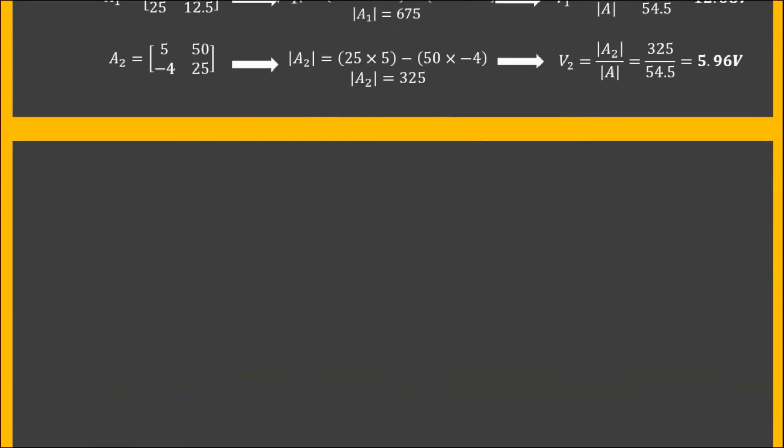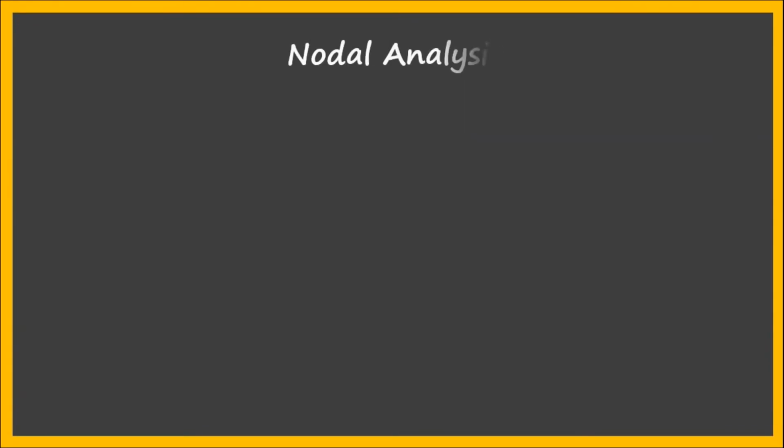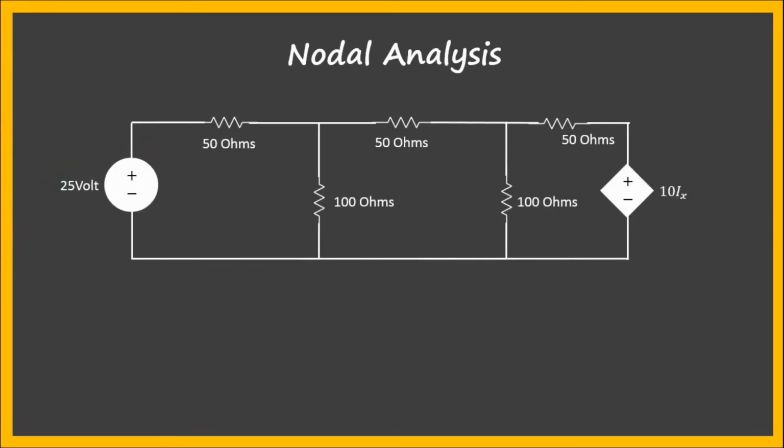Let's check if our answers are correct by putting the determined values of V1 and V2 in the KCL equations to verify KCL. The circuit is shown again on screen. The same known voltages are again mentioned on screen, but this time the V1 and V2 voltages are also there, as we have now determined them using Cramer's rule. Finding the value of Ix, as now we know the value of voltage V1.